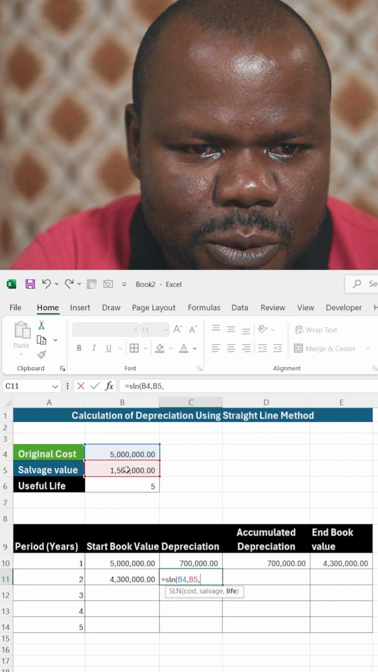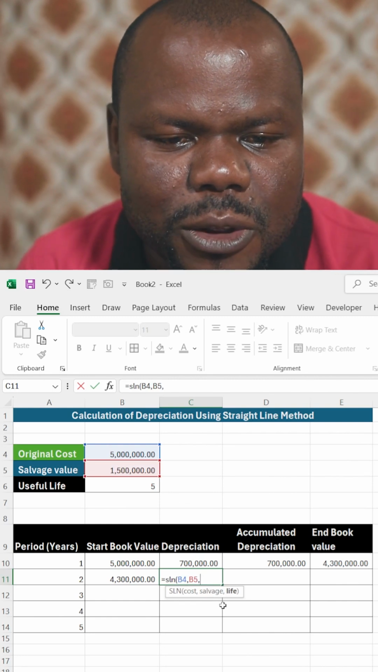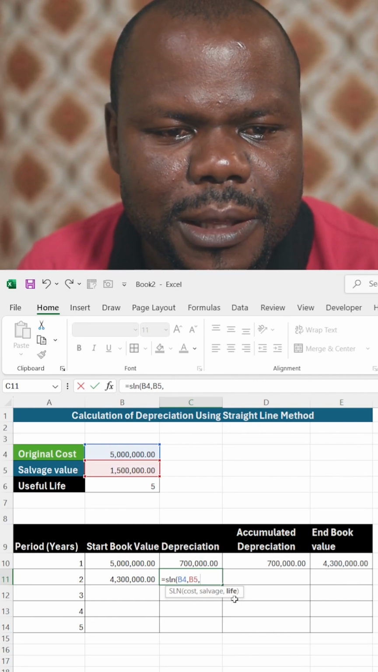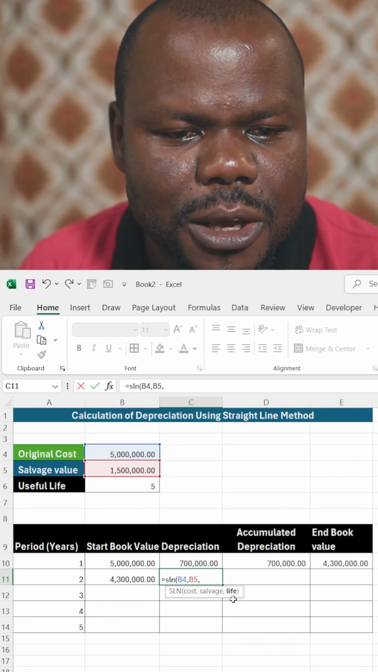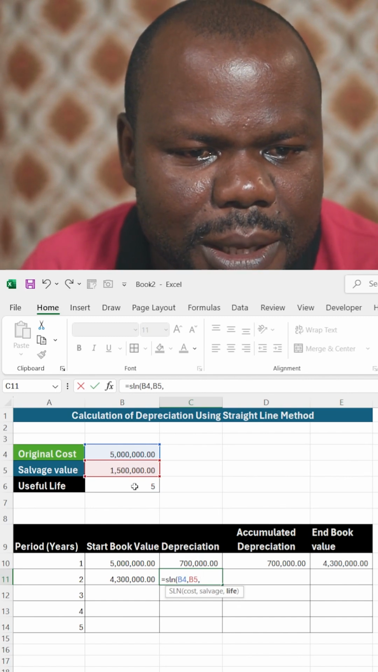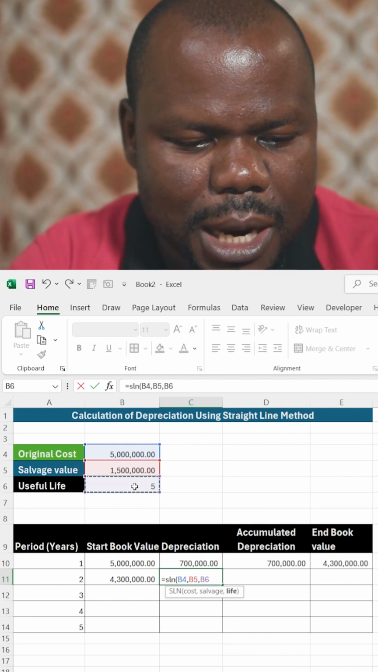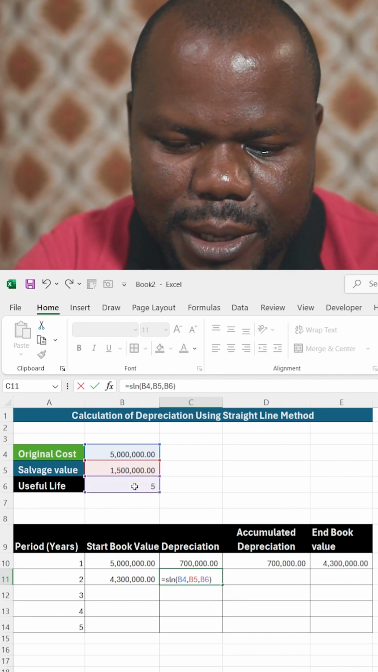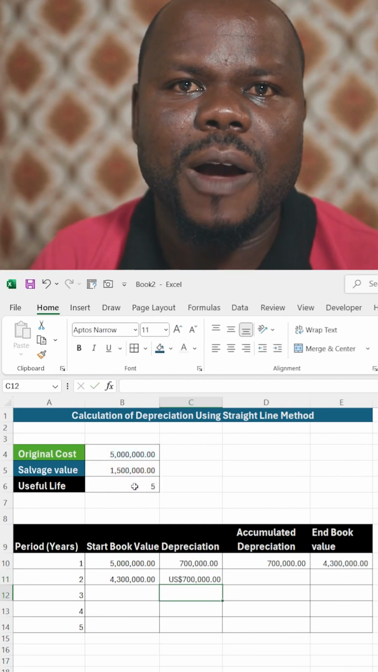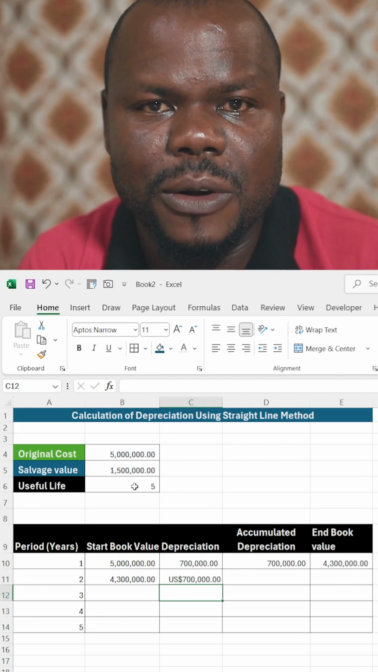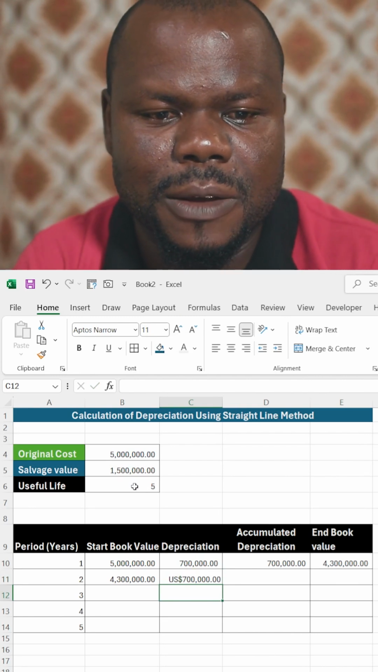Separate that with a comma too, and it's also asking us what is the useful life of this asset. So it's 5 years. You can just click on that same cell that has 5. Click on it and close the bracket and press enter. You see, we have the same answer, but this time around it's giving us the answer in currency,